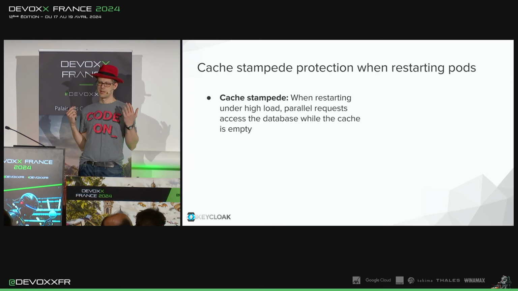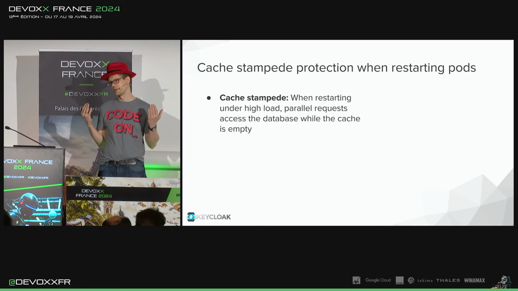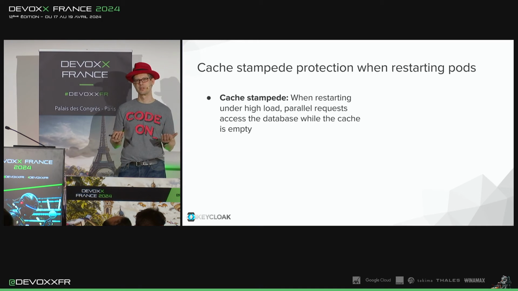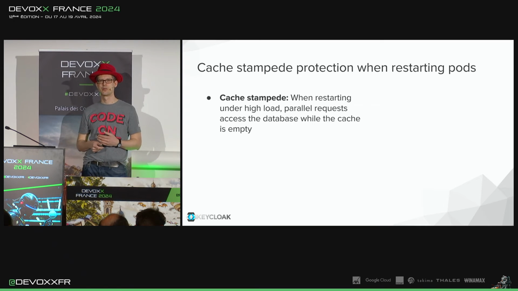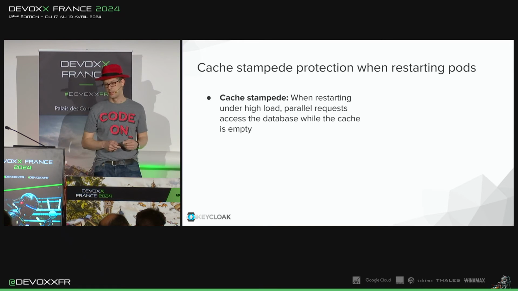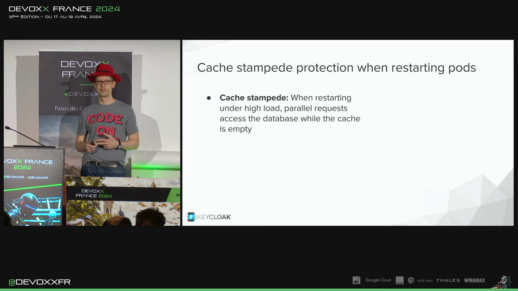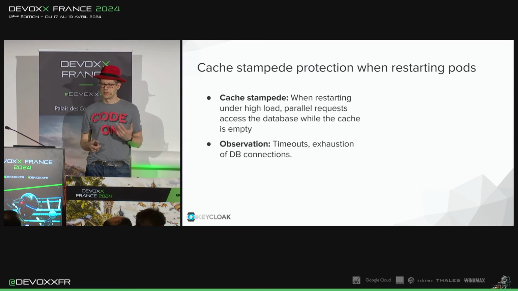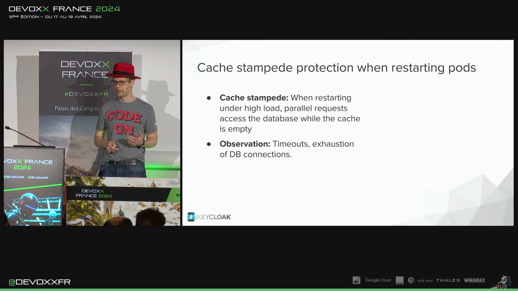So you have just a single pod, maybe multiple pods, and once they're starting up, they're getting a lot of requests at the same time. And what they do then, their caches are empty. They try to get the same data from the database all at once. So you basically run out of database connections. Everybody is trying to do the same thing on the database, which is both a waste and will use a lot of resources and might get the system again on the edge of a collapse. Yeah, you might see timeouts, maybe timeout waiting for a database connection, timeouts at the client side.